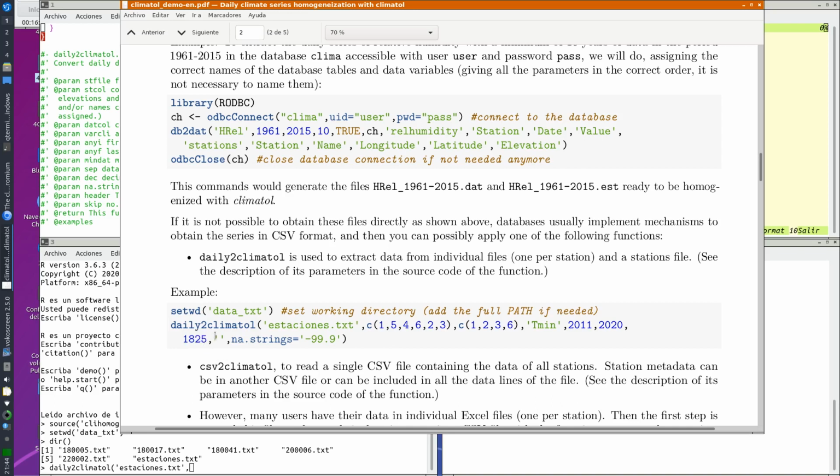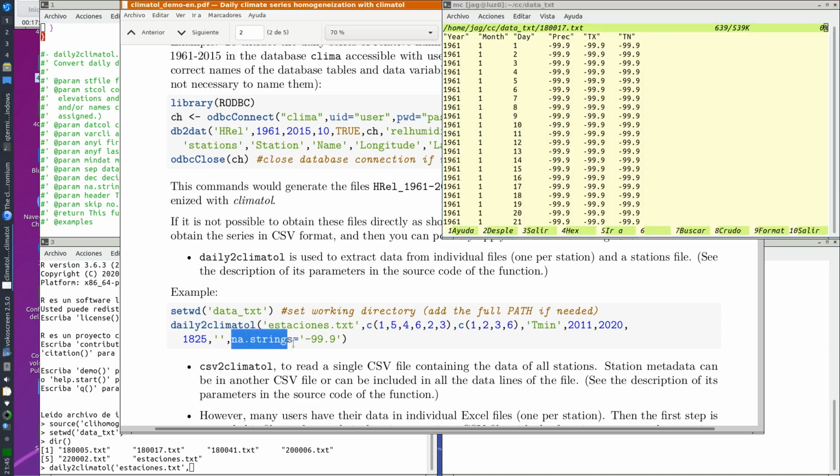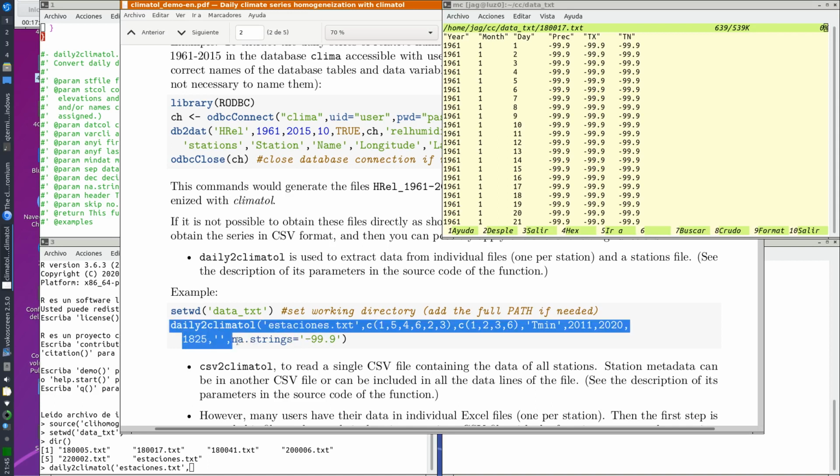The separator is white space, so it can be set as an empty string, character string, and I have seen that the missing data code in this case is -99.9. So I specified here the variable na.strings equal "-99.9" quoted. Then I'm going to issue this command,